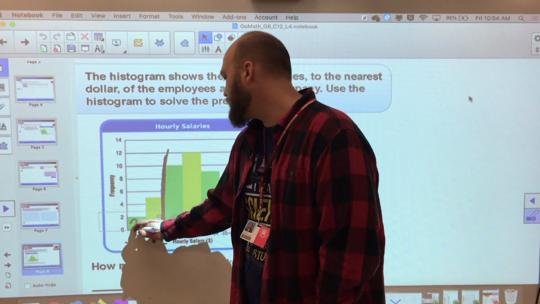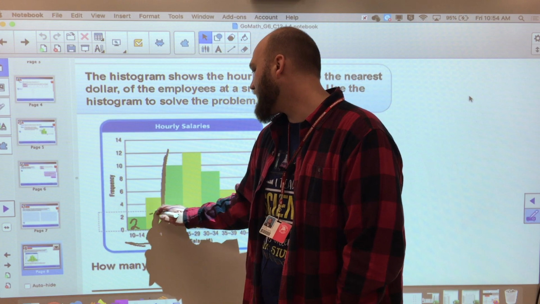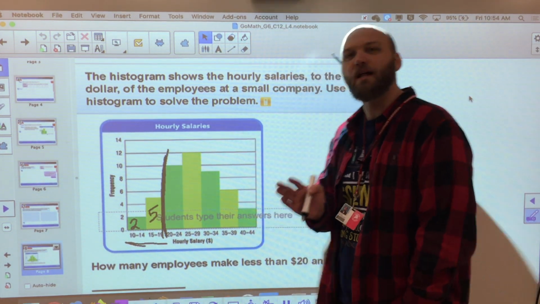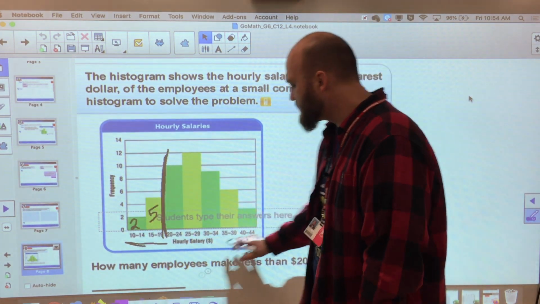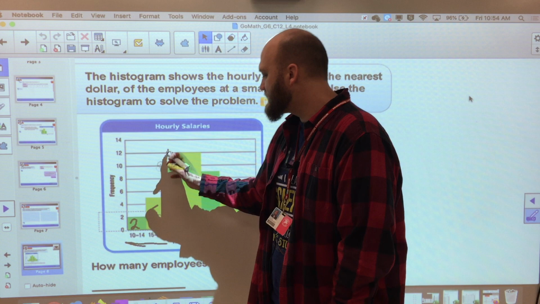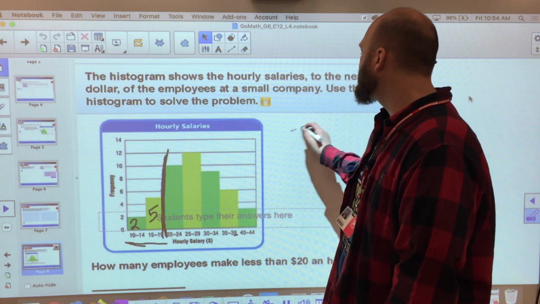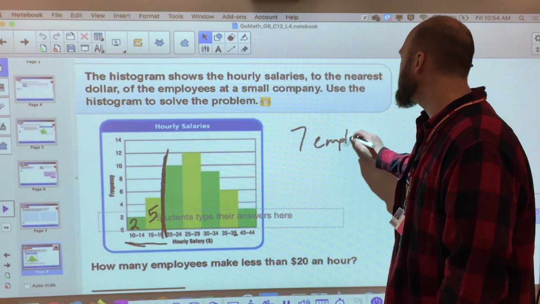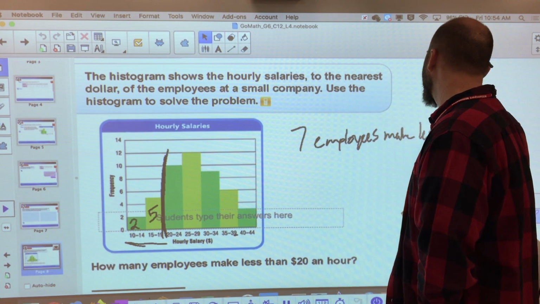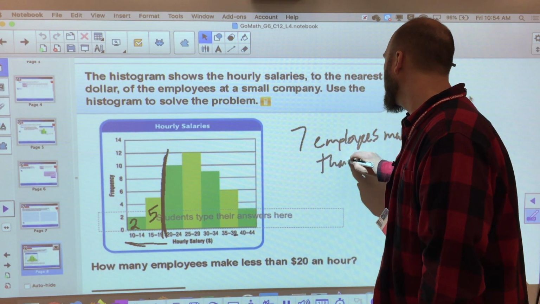So I have 2 here, and I have 5 here. So how many employees make less than $20 an hour? Well, according to my histogram and checking my chunks of data, I can see that if my cutoff is 20, 7 employees make less than $20